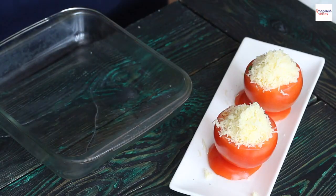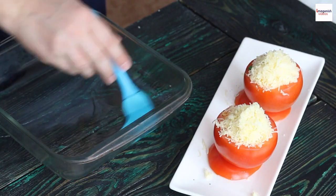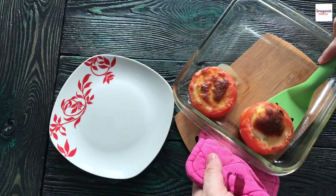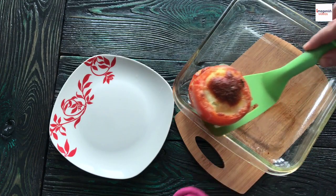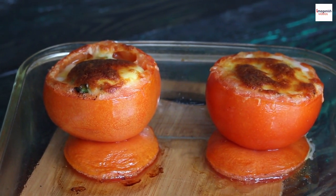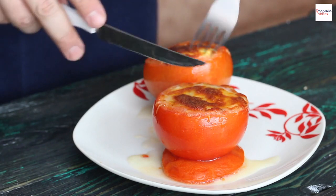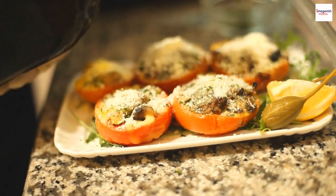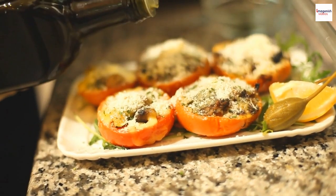Cover your baking dish with aluminum foil for the first half of the baking time to prevent the tops from browning too quickly. Remove the foil for the last 15-20 minutes for a beautiful golden finish. Tip number 5. Presentation matters. Presentation is key in Greek cuisine. Garnish your stuffed tomatoes with a drizzle of extra virgin olive oil and a sprinkle of fresh herbs before serving